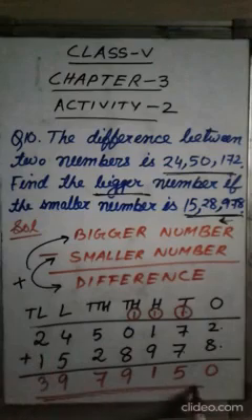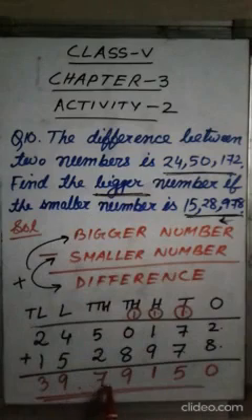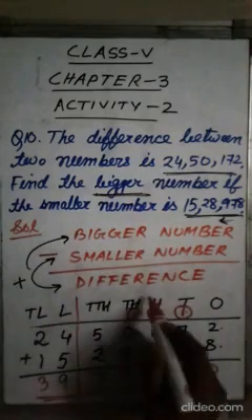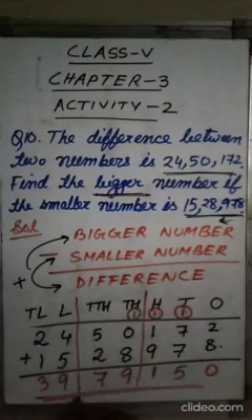Therefore, the bigger number will be 39,79,150. So if I put the comma, it will be like